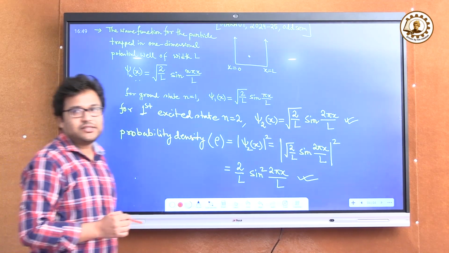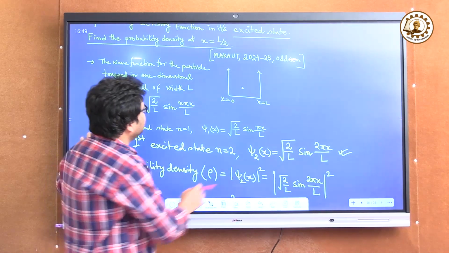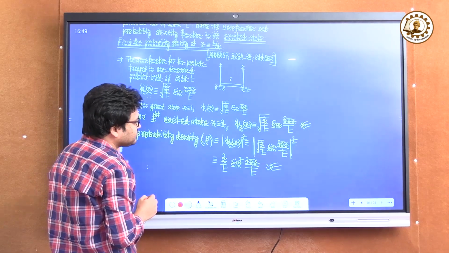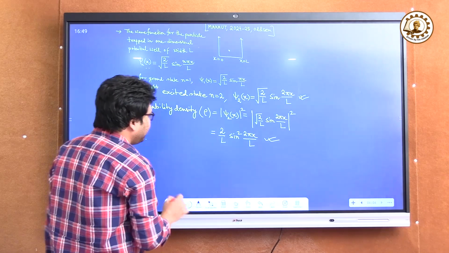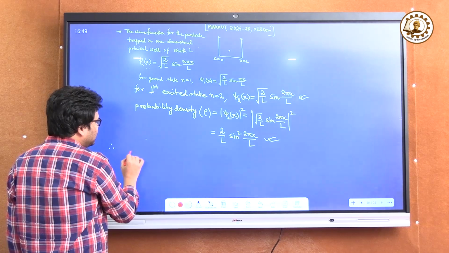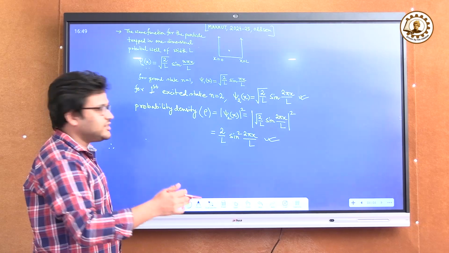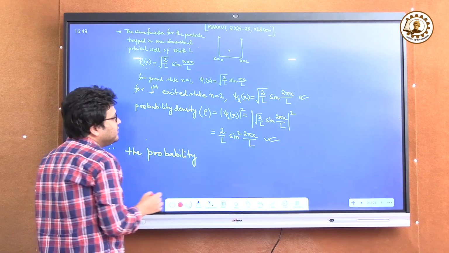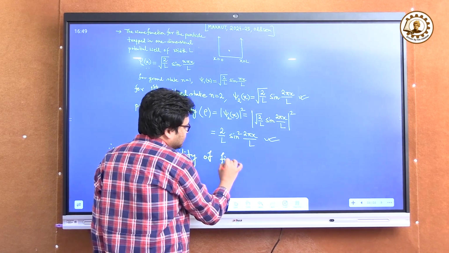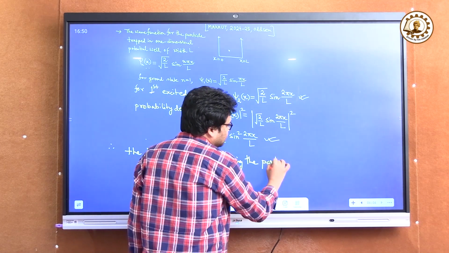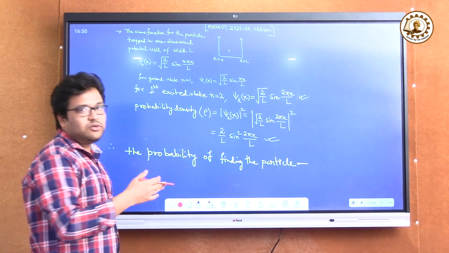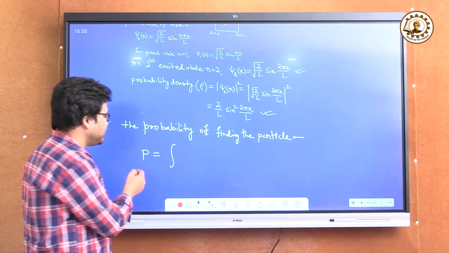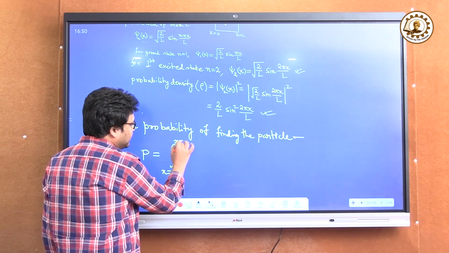Now what about the probability of finding the particle within the range up to L by 2? As you can see in the question, we need the probability density of the function in its first excited state at x equals to L by 2. Now I am here trying to evaluate the probability. So the total probability of finding the particle from 0 to x equals to L by 2 is given by, where P stands for the probability, the integral from x equals to 0 to x equals to L by 2,